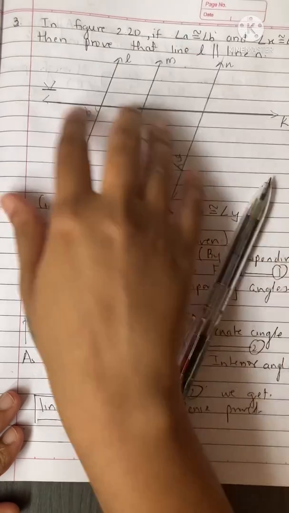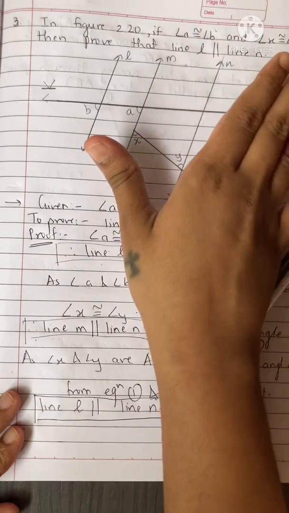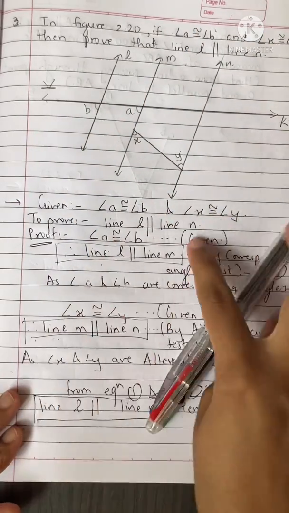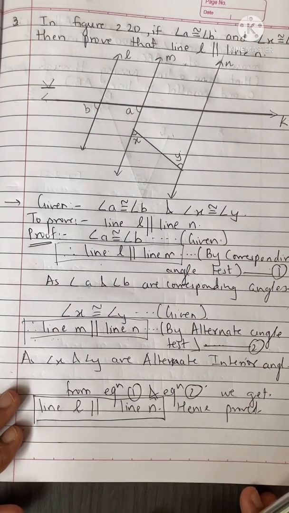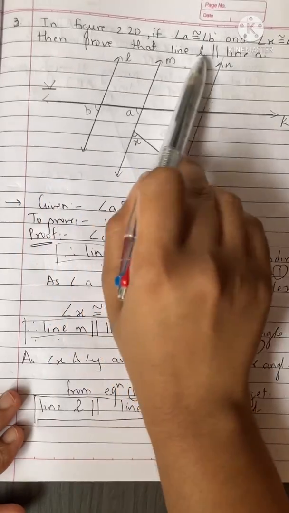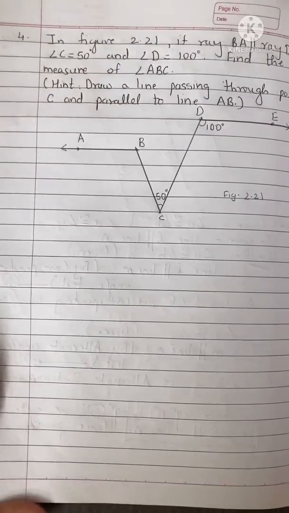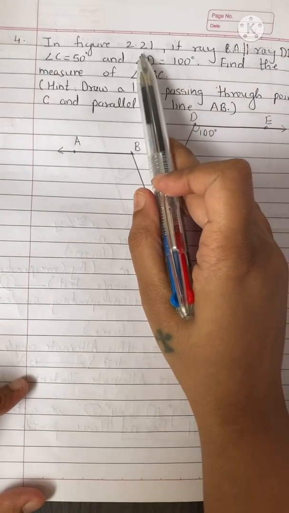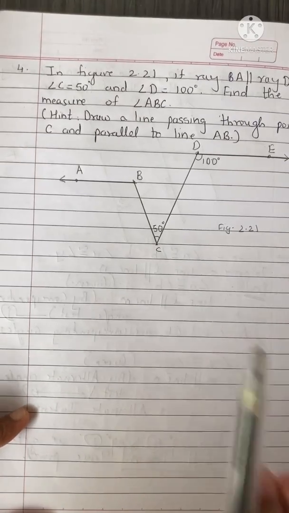Okay. So when such a type of diagram is given, don't get confused. Block the other part which you don't need and then see which type of angles they are, corresponding angles or alternate angles. And by applying these tests, you're going to prove the theorem or whatever part is given to be proved. Okay. We'll do the next sum, which is the fourth sum now. This is also very, very easy. In figure 2.21, this is the figure which looks very horrible, but don't get confused. It is very easy.